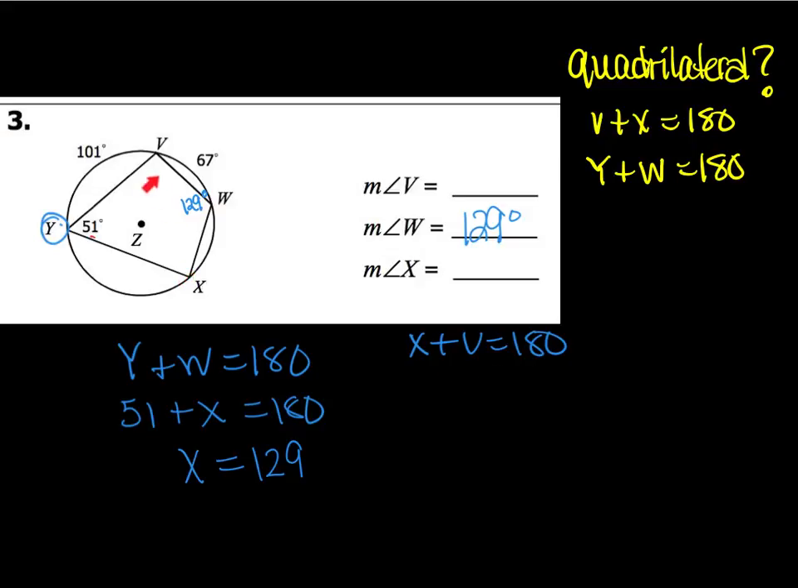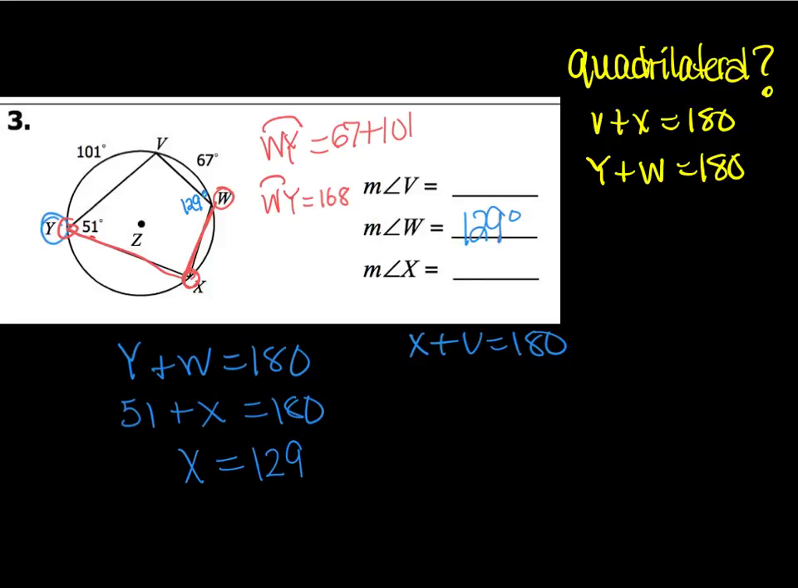However, looking at it, I don't have any information about X or V. But I can see that X is an inscribed angle. So what I'm going to do is extend it out. And when I extend it out, the arc is arc WY. Arc WY is 67 plus 101. So arc WY